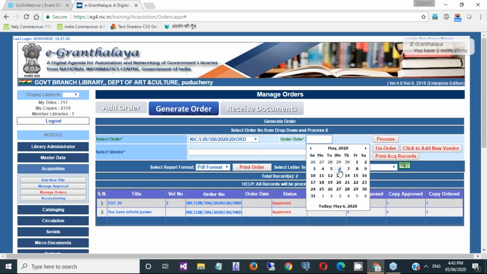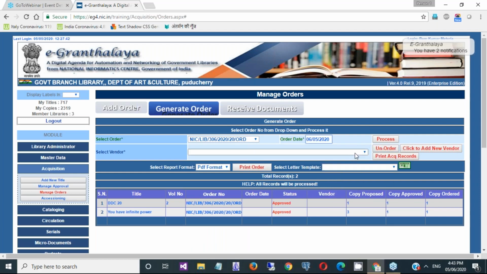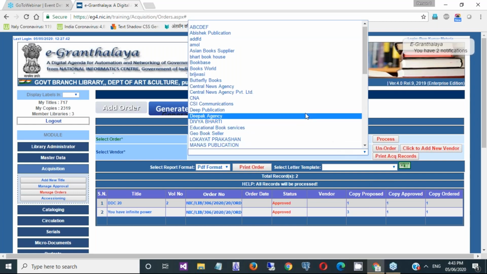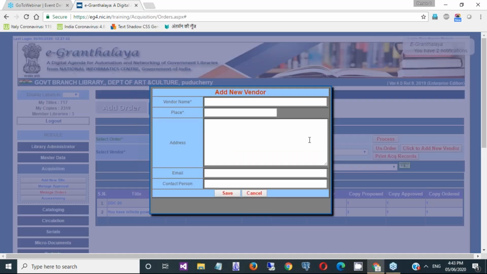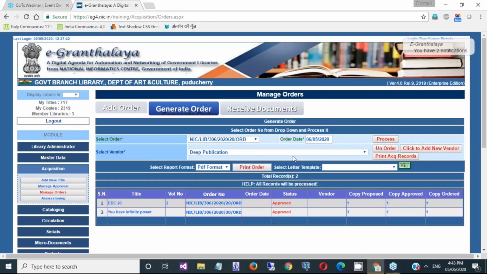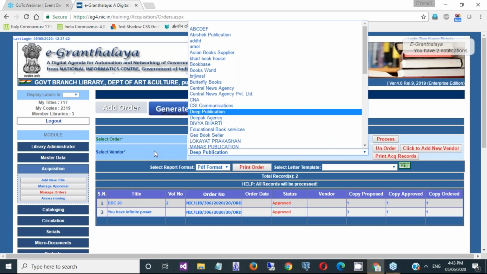So I have selected the order number and I wish to place it. Select the date and then select the vendor. If the vendor is not there, you can click the add new vendor button and a new window will open. Add the vendor details, save, and exit the form, and that vendor will become available in the drop down automatically.